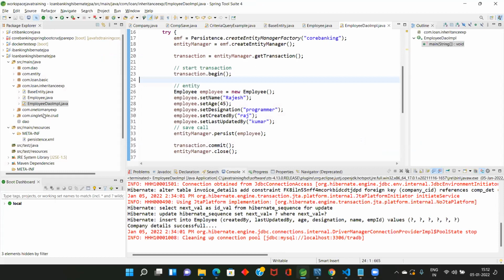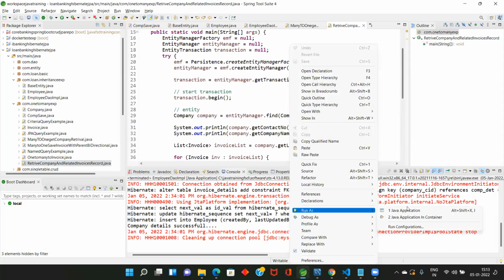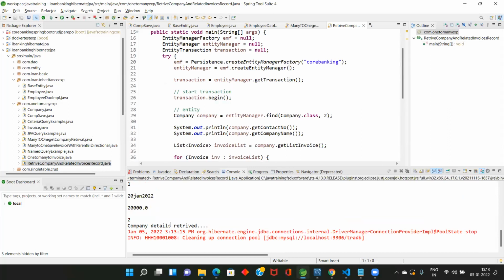Come here: company save, many-to-one, get company retrieval. By using one, I get invoice also. This is only invoice, whereas in retrieval, if I run this one, I get company details and invoice details also. So we got both company detail and invoice detail.